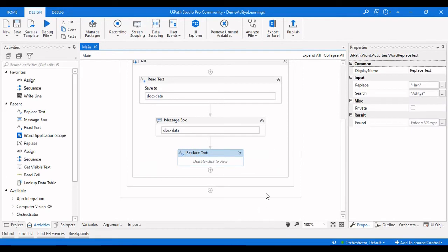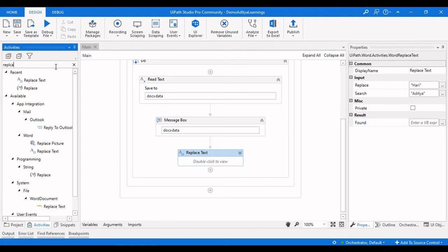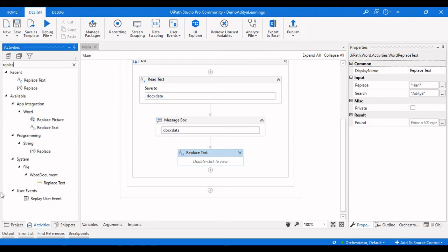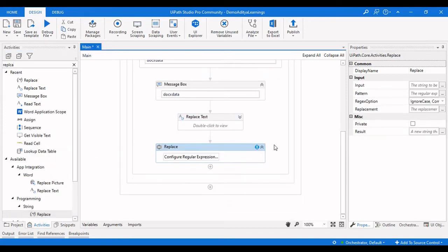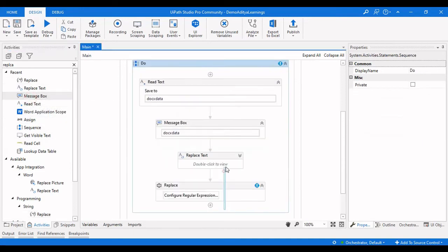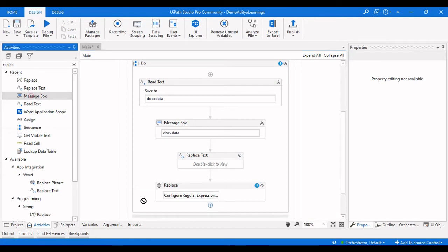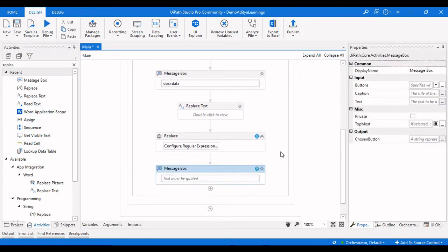Now the workaround here is, instead of using the Replace Text activity which is given by the UiPath Word package, use a string replace function. Here it is, the string replace. Drag and drop this one, and then use a message box activity to see the value that is changed.